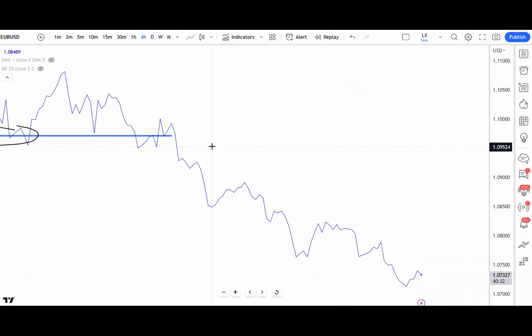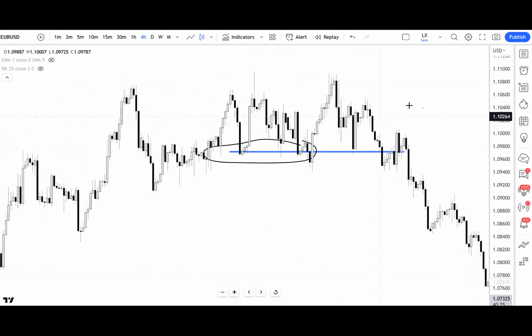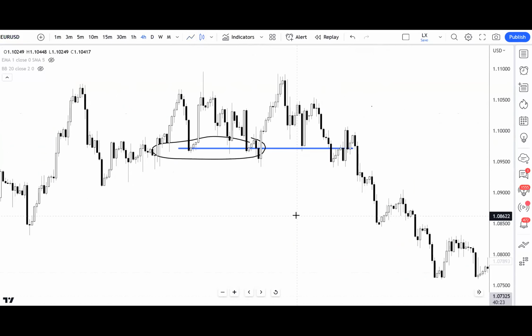So if you go on to the 4 hours time frame, now that we have established that the daily time frame is bearish following that break, what happens is that we're trying to find supply and demand zones. So if it's bearish, we're trying to find supply zones that we can enter or take trades from. So in this example, what I would qualify as a supply area